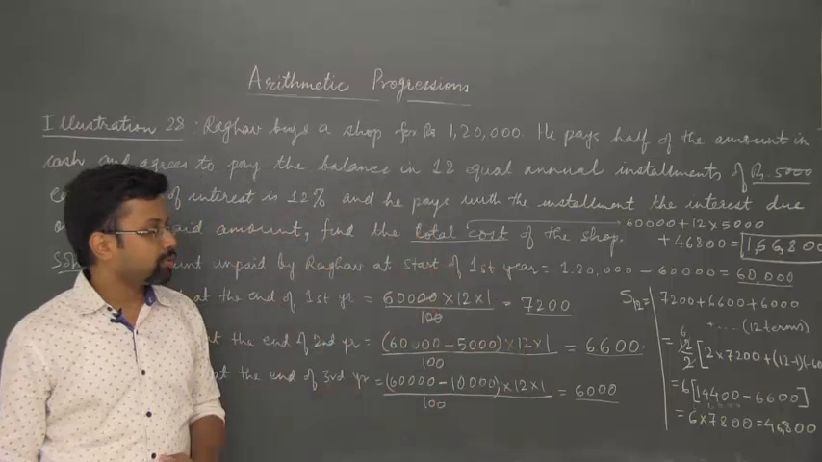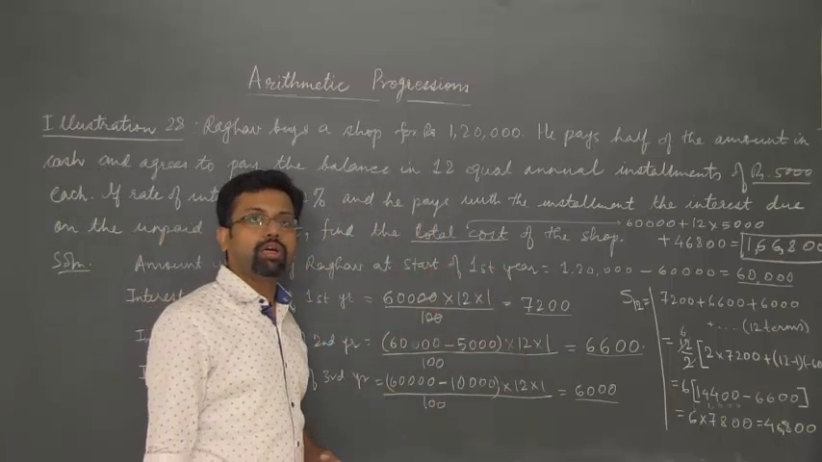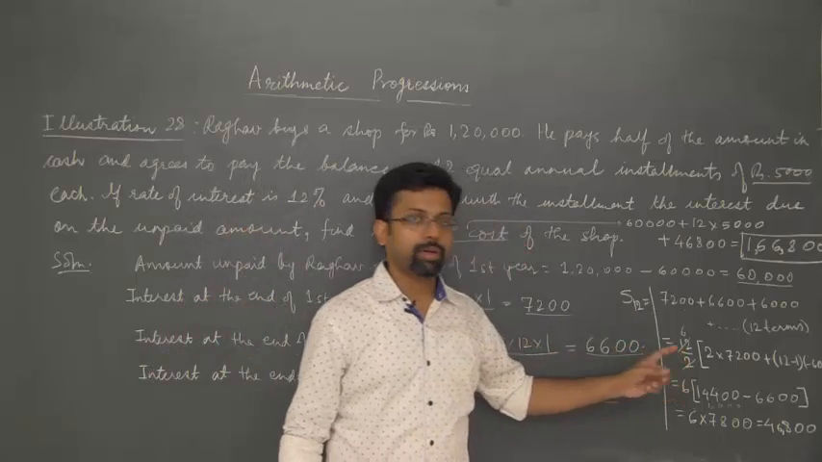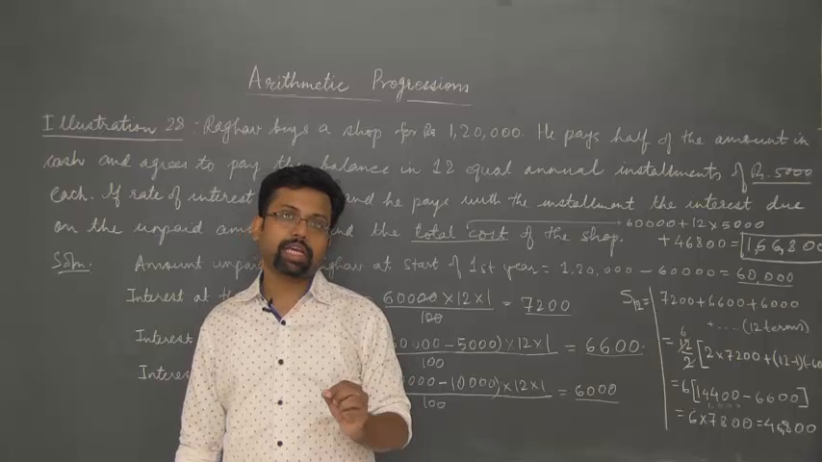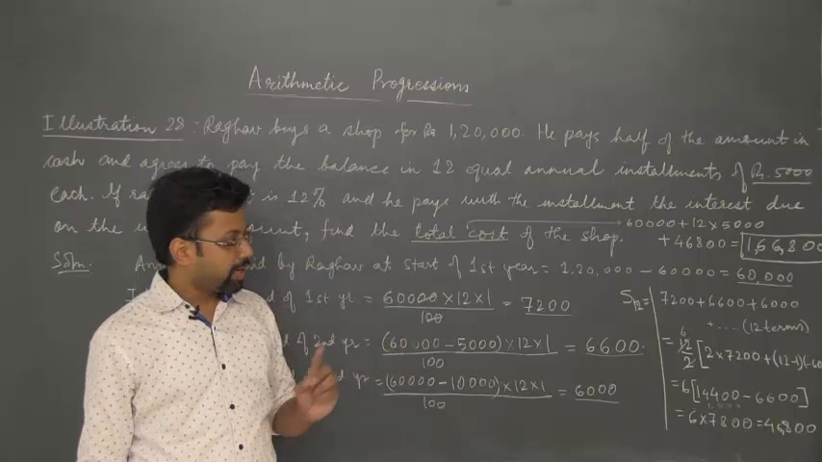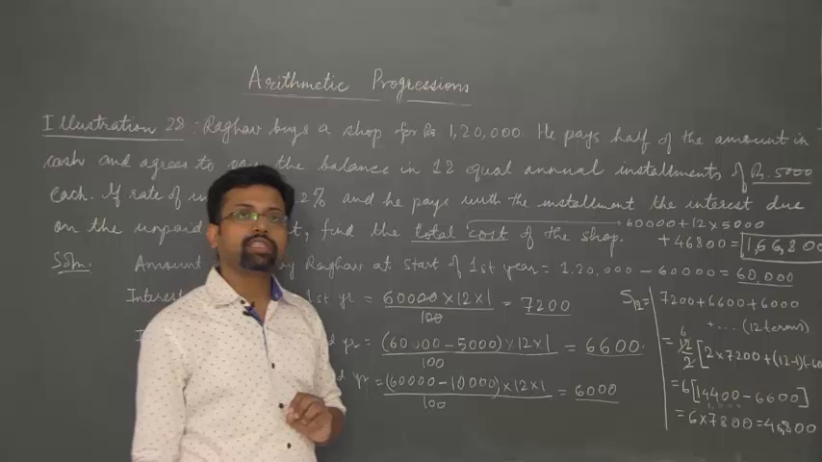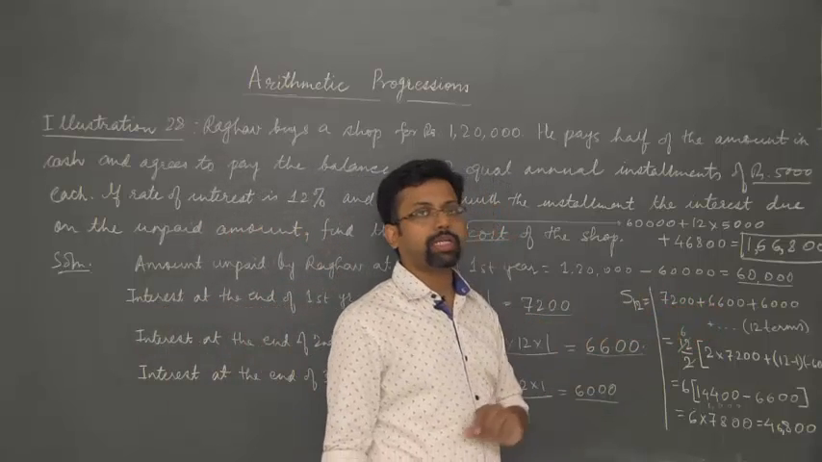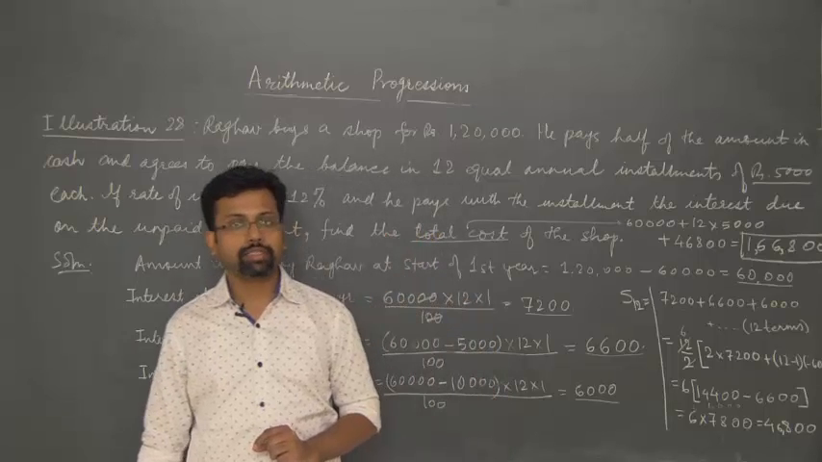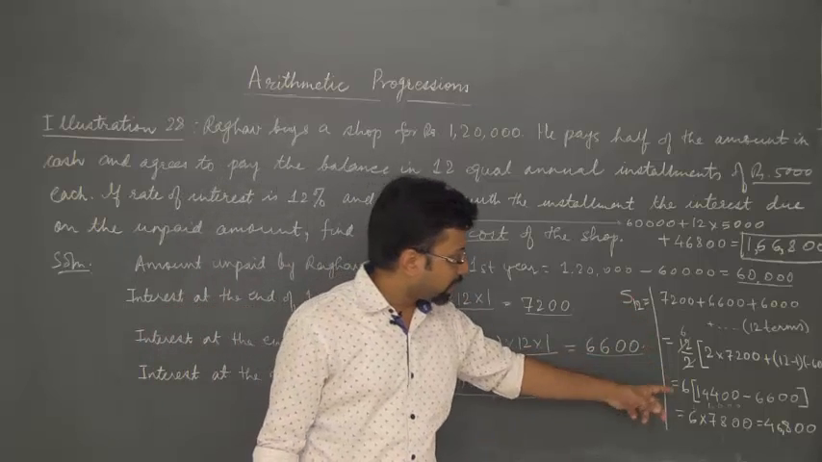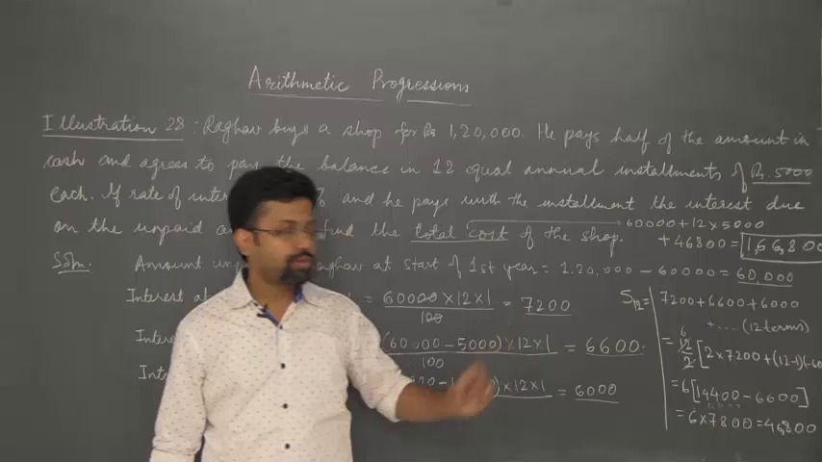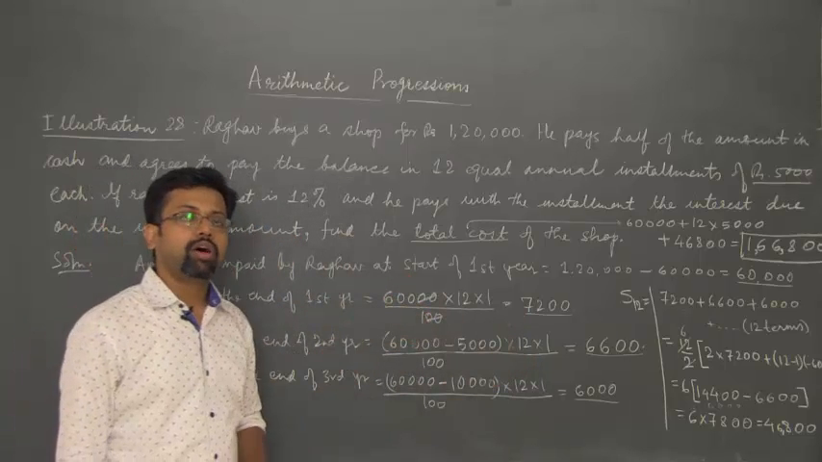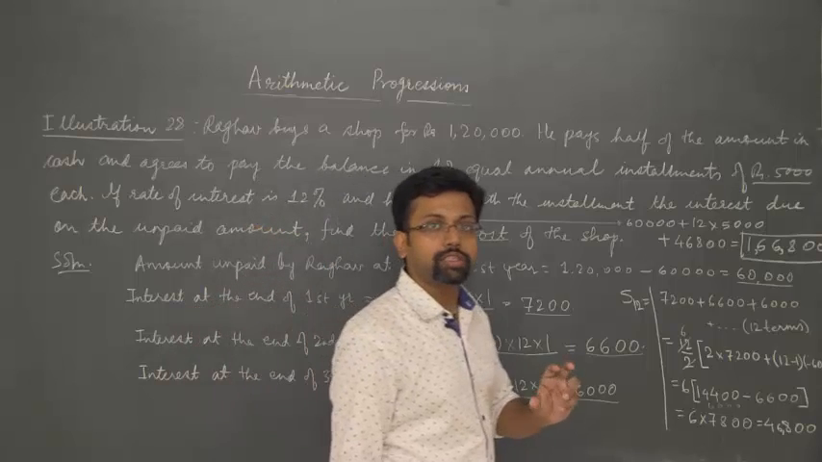Now calculating that would be very simple using the formula for n terms of an AP. So S12 is calculated as n by 2 times (2a plus (n minus 1) into d), where n is equal to 12, a is equal to 7,200, and the common difference is 6,600 minus 7,200, that's minus 600. If you simplify and calculate it, you will get it as 46,800. So the total interest that he pays on the amount that is left over at the end of each year